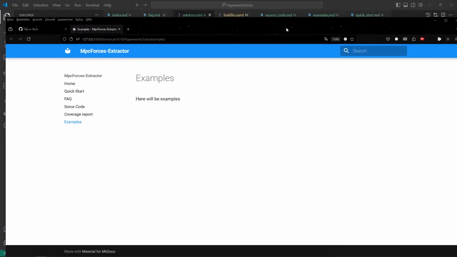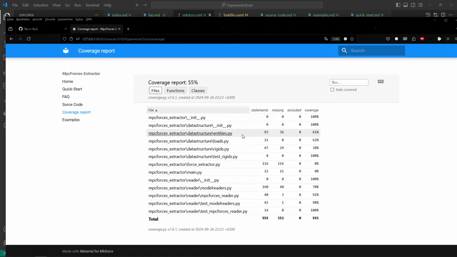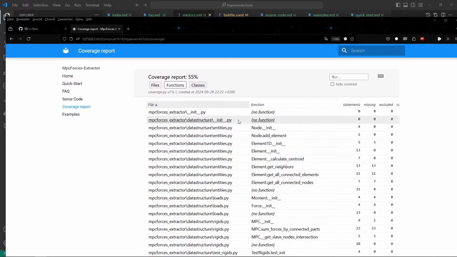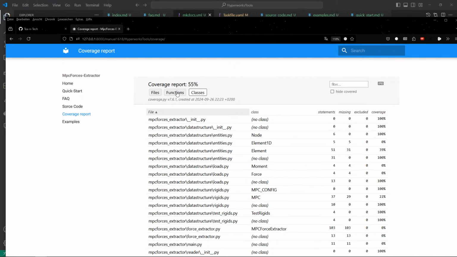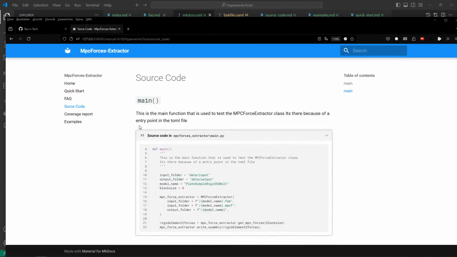So basically we have that now, which covers our code. So we have a code coverage report even. I don't like how it's looking right now, but yeah, we can go for the code coverage, and we also have a little bit of a source code view on the main file. Maybe it's a good thing to later expose the class which handles the command line interface,